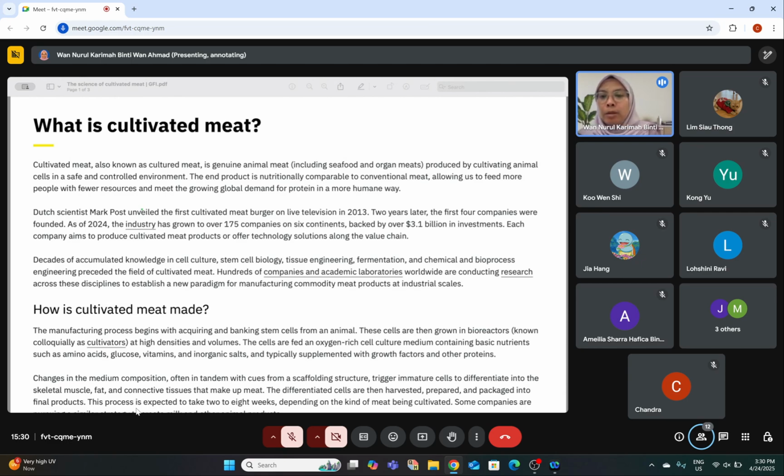Macam tadilah yang when I ask you kenapa dia social, kenapa dia environment, kenapa economy, kan? Kenapa dia social, safety of the lab-grown meat, kan? So it relates to the social factor. So itu baru one statement, and as you read through the articles, maybe 20, 30, 50 articles, it can be